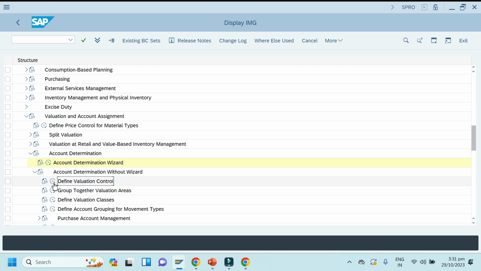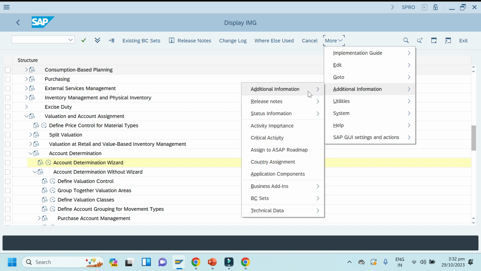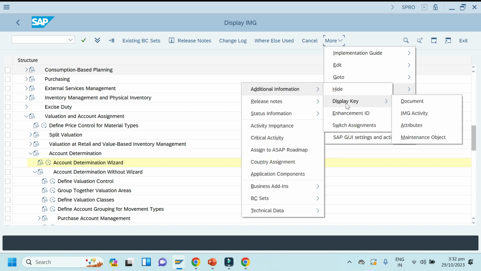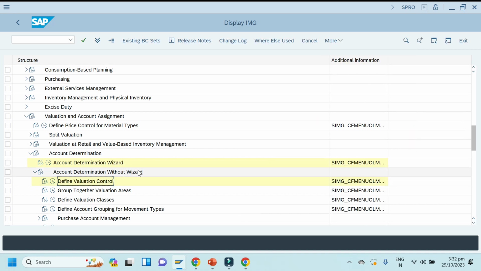First one, define valuation control. So we'll see the T code also parallelly, because it is very easy. Sometimes in interviews they can ask what is the transaction code. Okay, so account determination without wizard, define, note it down. First point, define valuation control.